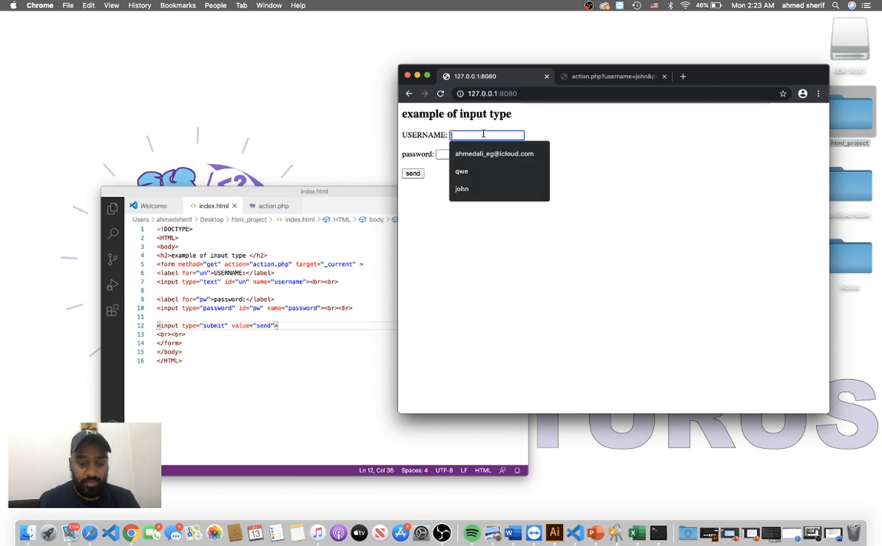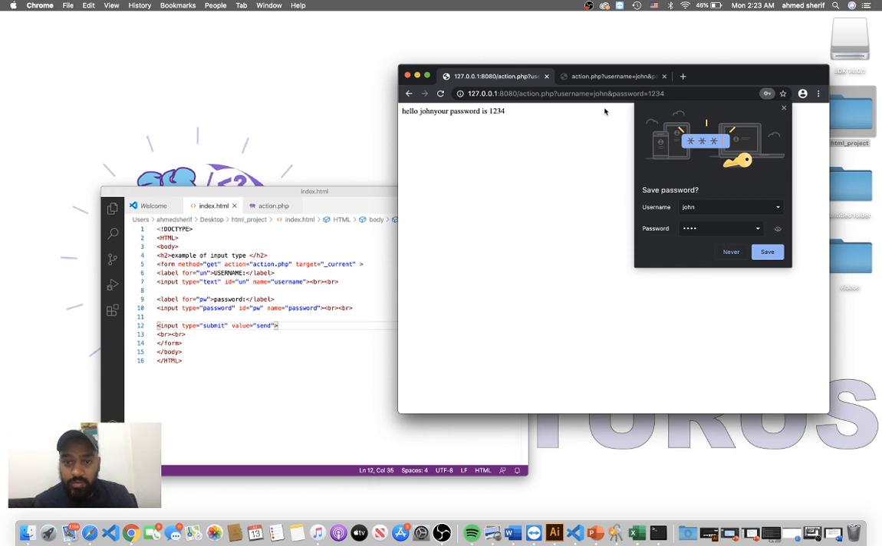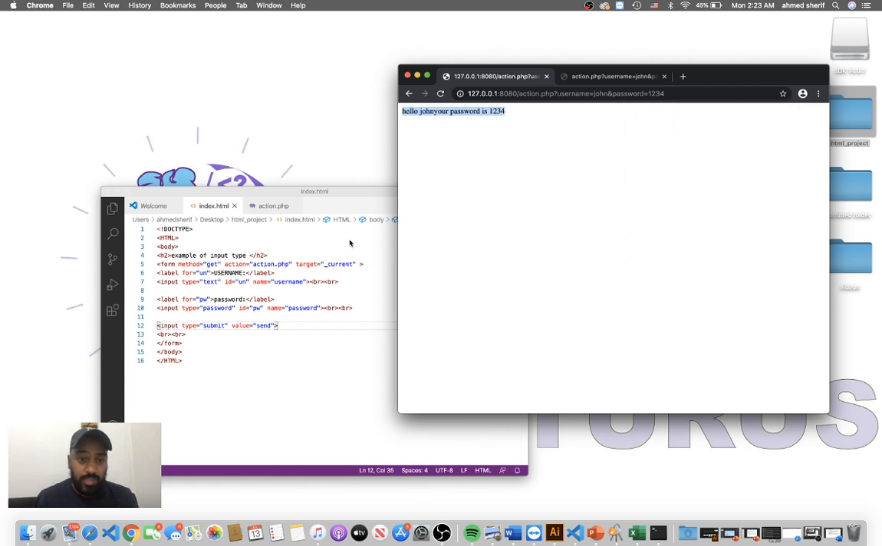So right here we have the username, let's say John, and the password, I just type whatever password and send it. Okay, so if you can see here, when we use get, the username is John and the password 1234. So when we use get, as I told you, it displays all the data in the address bar over here. And as we see here, the data we just sent is already processed, and we print hello John, your password is 123. So let's go back again and use